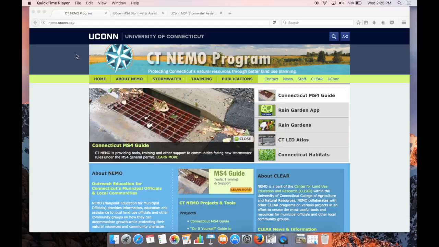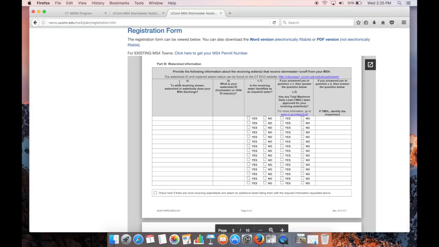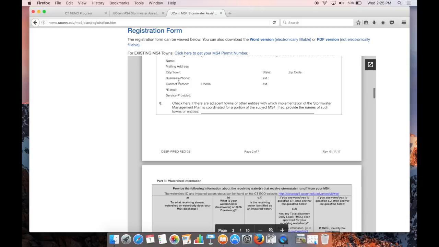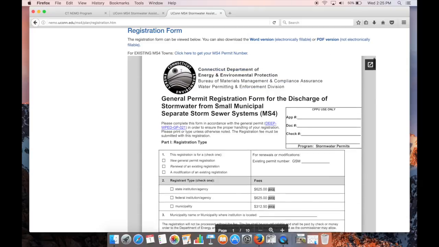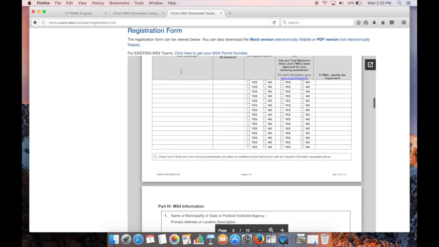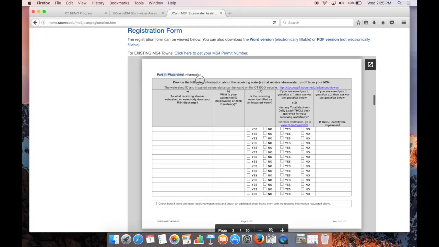This is a quick demo on where to find the information you need to fill out some portion of your registration form. Here's a registration form, and the section that I'm addressing here is the Part 3 Watershed Information Table, specifically